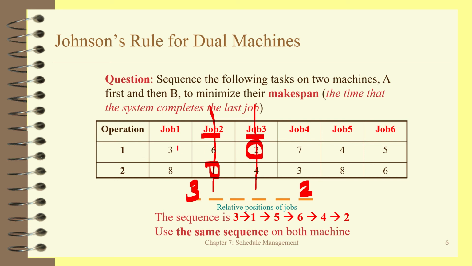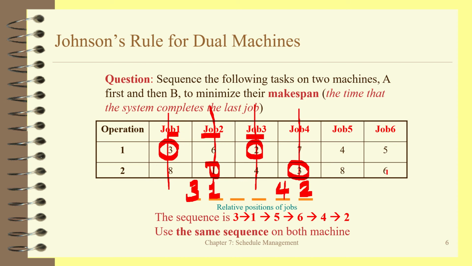In this case I select this one, right, because it's on the first machine. So put job 1 in your leftmost position, so it's here, put it here, delete it, and then job 4, right, it is on machine 2. Put job 4 in your rightmost position, put it here,